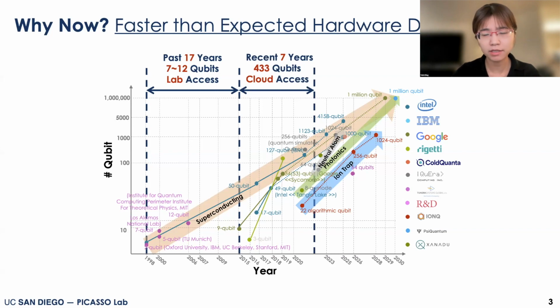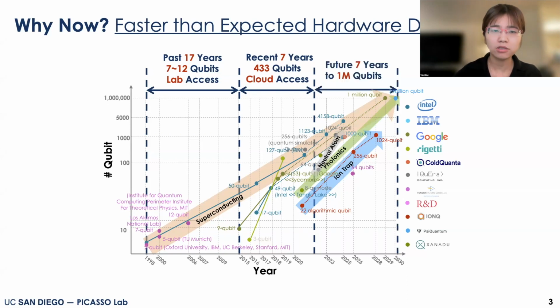we now have cloud-accessible quantum hardware with hundreds of qubits. So even if you only work from home with your own computer, you can still get access to many of these machines and run your experiments remotely. I think that already shows how computer science and physics can help each other. And it's also mentioned that in the next few years, we can increase the number to 1 million qubits.